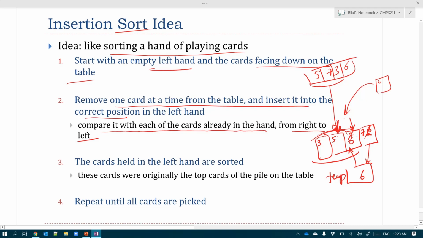You can go back to this original form and think about it. So when you start with 5, there's nothing to do. Next, you look at 7, you compare it back, and you see that 5 is less than 7, so you do nothing. But when you reach 3, you take a copy of 3, okay, in a temporary variable. And when you go backward, you just